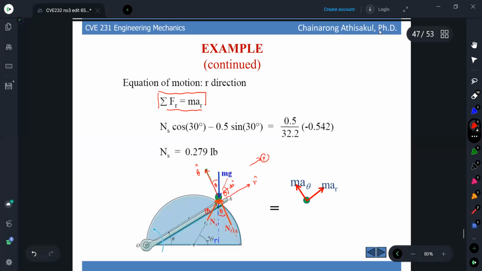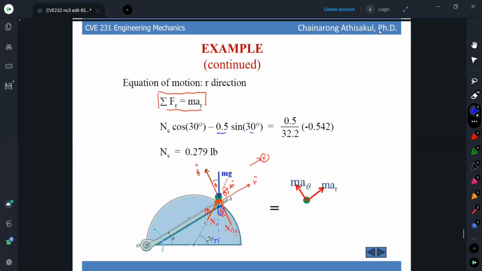In the vertical axis and the theta axis, the angle is equal to theta also. From this picture, we can see that the equation of motion in the r direction is Ns cosine 30 degrees